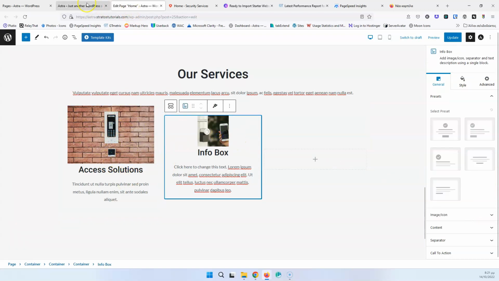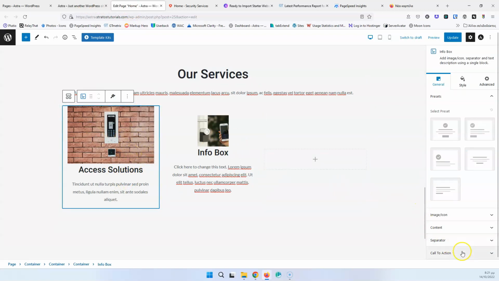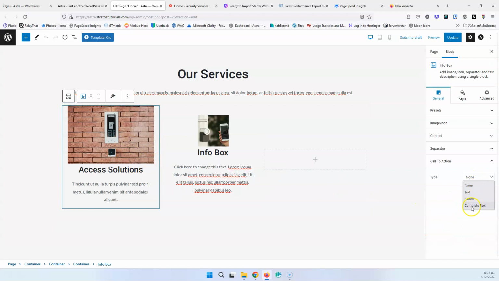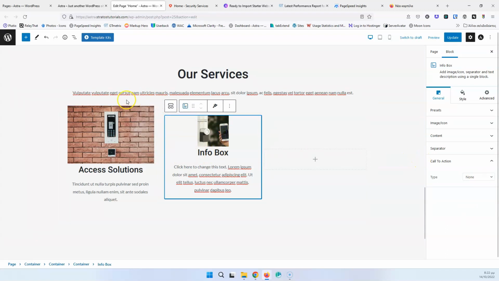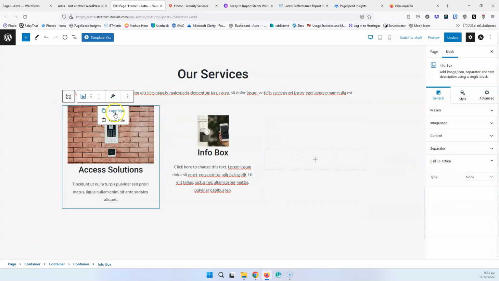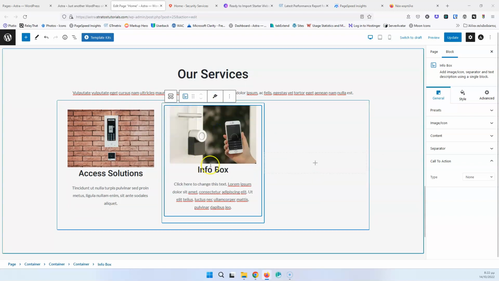After that, we have the info box, and of course we can set the links inside here into the call to action and select the complete box to be the link. Let's go for the info box as well. I'm going to copy the settings from here, copy style, and here paste style. And as you can see, the styles have copied, but not the text, of course,